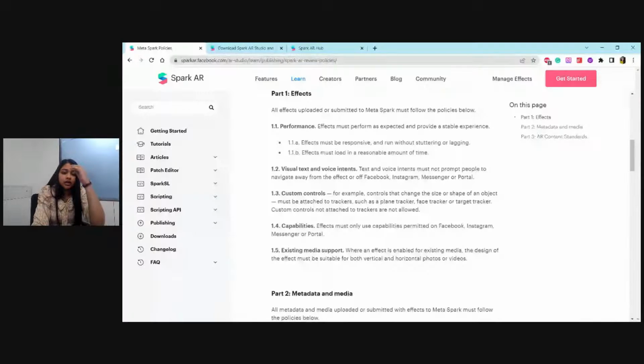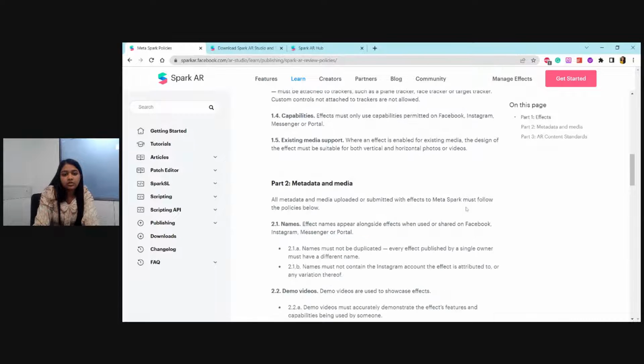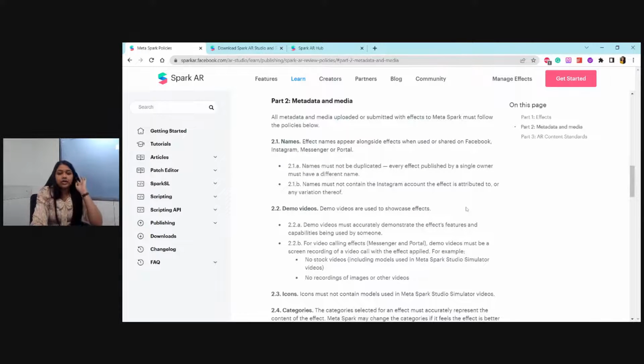Perfect. So here you can see the Spark AR policy. Part one is about the effects. While making an effect, you need to keep in mind how it is working, and also that it's not lagging and not making any problem. Apart from that, when it comes to the metadata, there should not be any duplicacy in the names, and names must not contain